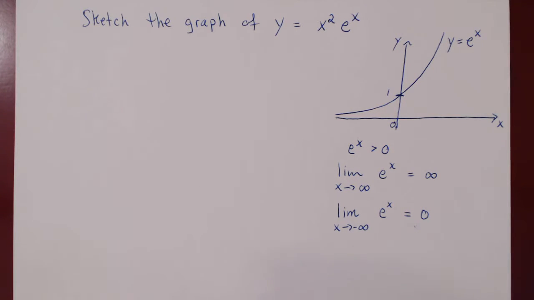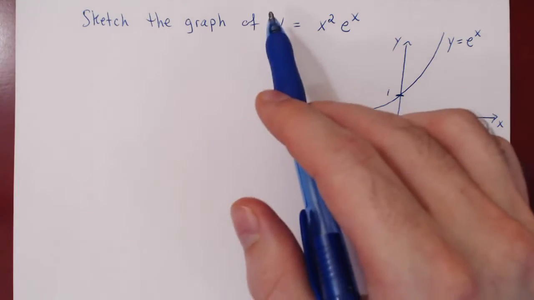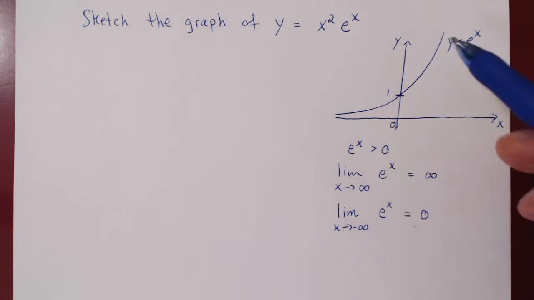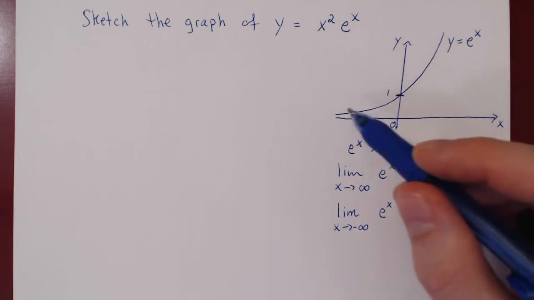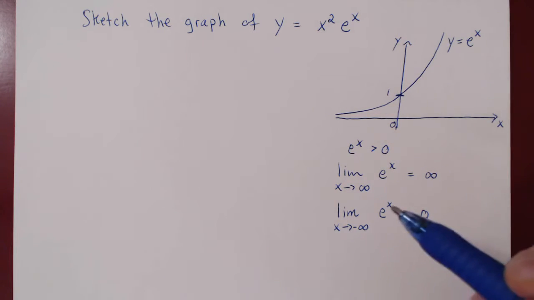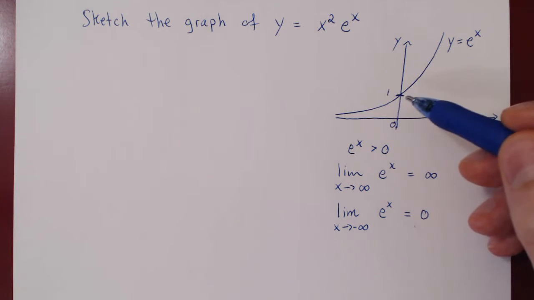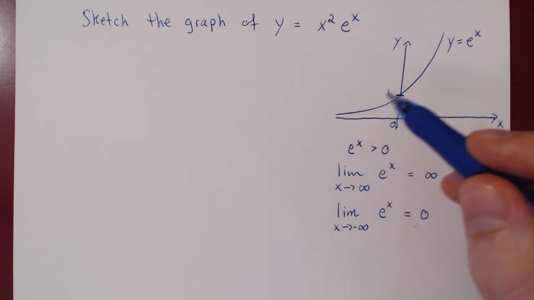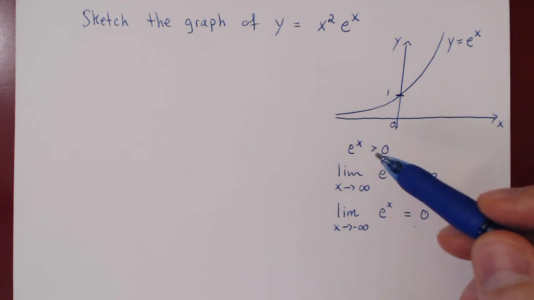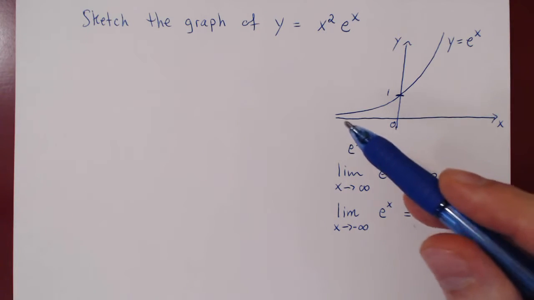Okay, so in this video, we are going to sketch a graph of the function y equals x squared times e to the x. Remember the graph of the simpler function y equals e to the x? The graph looks something like this, because e is roughly 2.71828, e to the 0 is 1, e is always increasing, and the three key facts are e to the x is always strictly bigger than 0 for any given